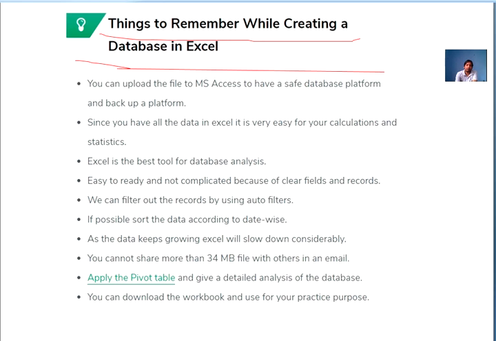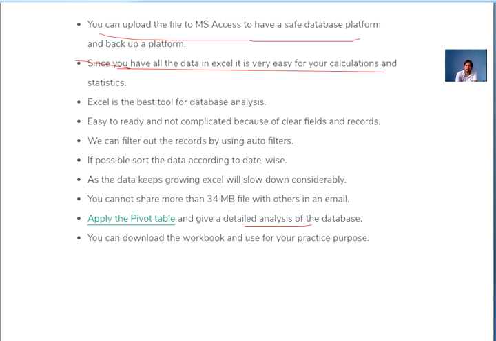We can filter out the records by using auto filter. If possible, sort the data date wise. This facility is also given there. Now, we cannot share files larger than 34 MB with others by email.